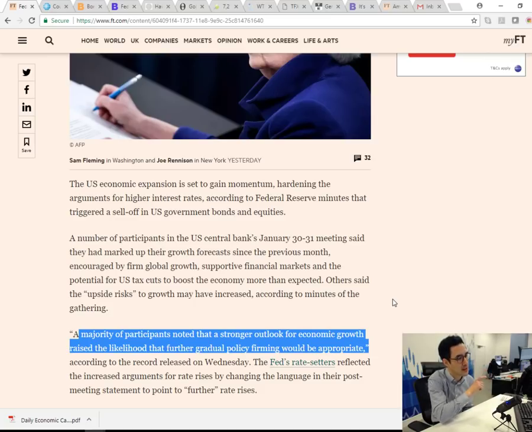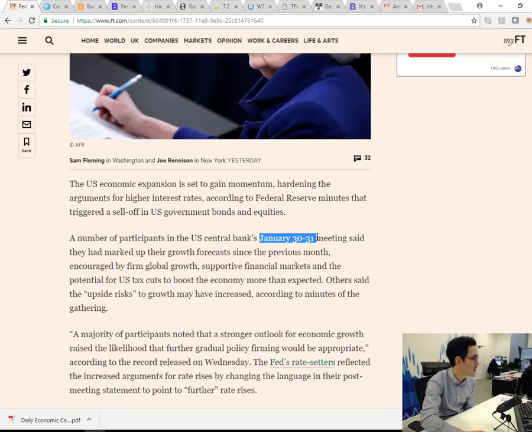The other really important thing to identify with these minutes is that this is of the meeting of January 30th to the 31st. Remember, this does predate things like that really strong wage data that we saw that initiated that market sell-off. So these are conversations that were very optimistic even before they've seen this renewed pop higher in wages, which would be an even more hawkish situation, and also before they've seen a slight uptick confirmed in the actual CPI data we had last week.